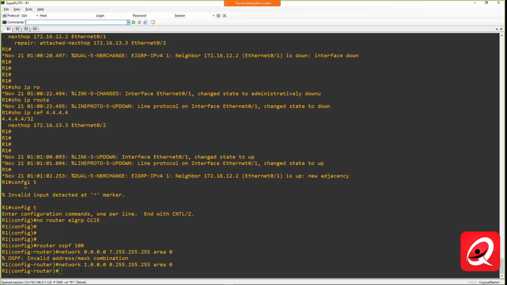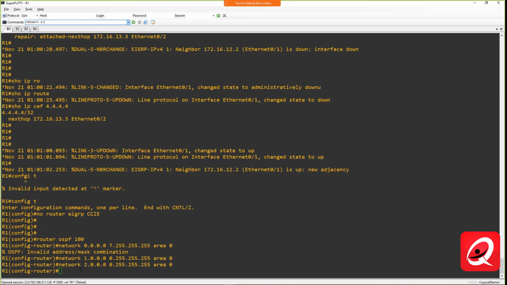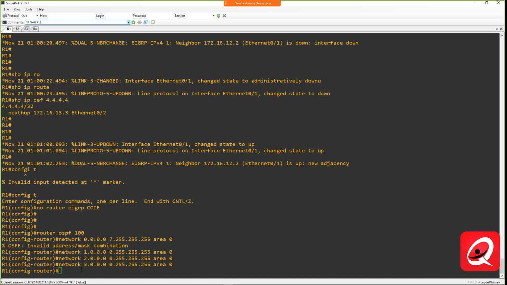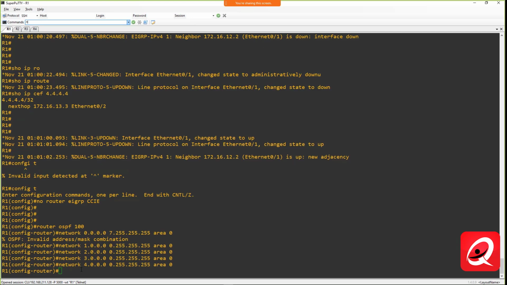0.255.255.255 area 0. And network 2.0.0.0, 0.255.255.255 area 0, and network 3.0.0.0, 0.255.255.255 area 0, and finally network 4.0.0.0, 0.255.255.255 area 0, and then finally network, try to use my tab completion there,